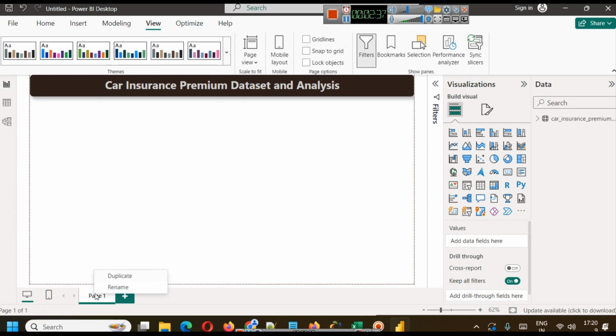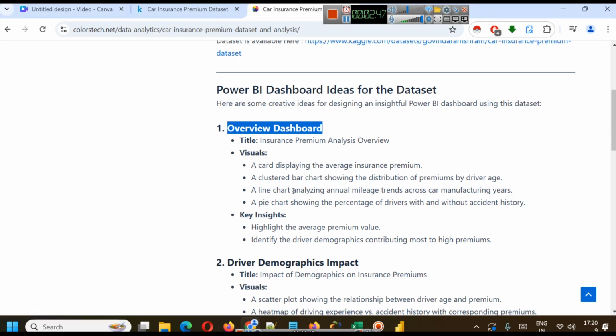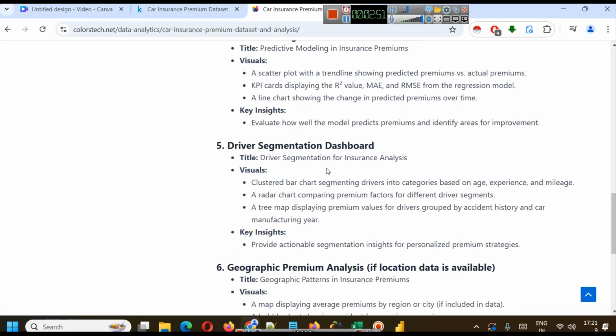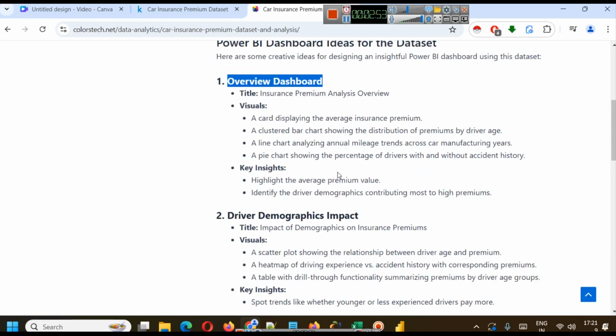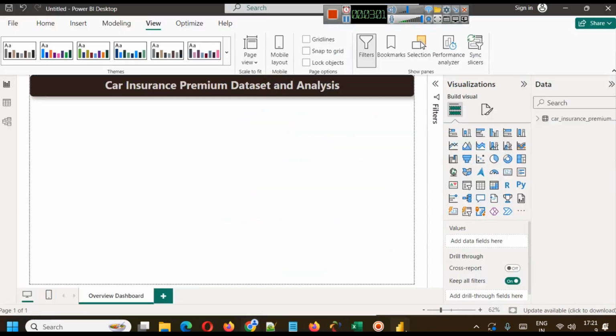The first dashboard that we are going to create is an overview dashboard where we will just analyze an overview of our data set. And for beginners, I have also provided ideas here, so you can copy these ideas and create different types of dashboards. Because it's an overview dashboard, we will simply rename the heading to insurance premium analysis overview,